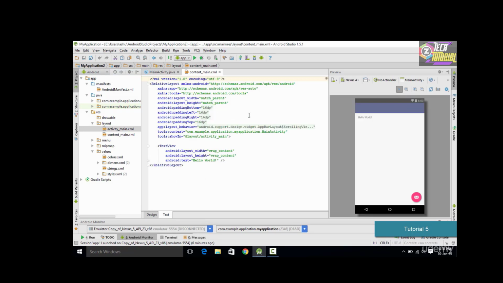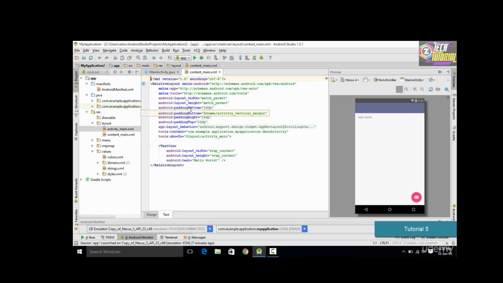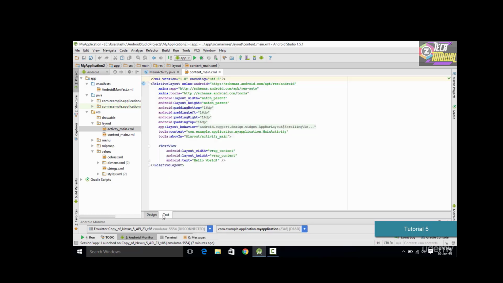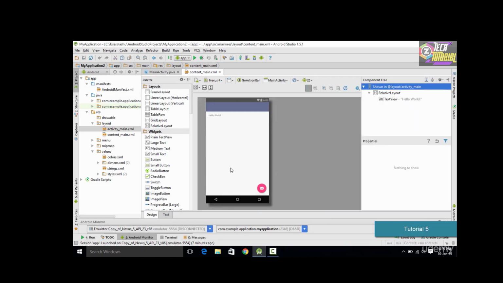The next approach is by just using the text. For example, you could just enter your XML right over here. So instead of just dragging and dropping buttons and text boxes, you could just write the code for them in here. So there are two ways to design your layout. The first method is you just drag and drop things onto your application and it is automatically going to modify the code for you. And the next approach is by going into this text and writing the code out for things like radio buttons and buttons. It depends upon you which approach you want to follow.